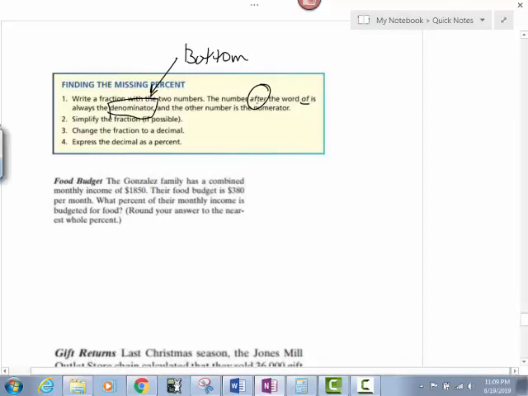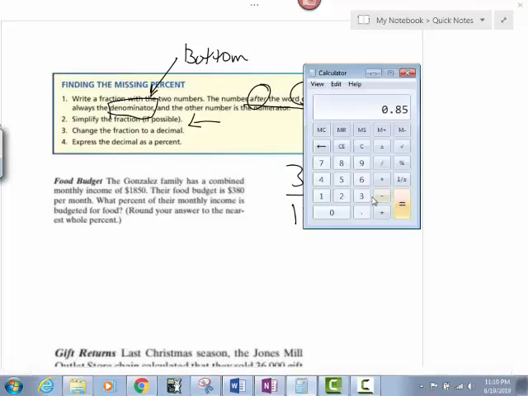Look at step number 1. It says the number after the word of is the denominator. So the number that's going to go to the bottom is going to be my 1850. The other number, which is 380, will go to the top. Now I know it tells us to simplify the fraction, but because we're using our calculator, we don't really need to worry about that. I'm going to take 380 divided by 1850,